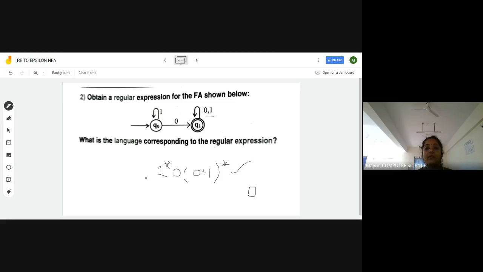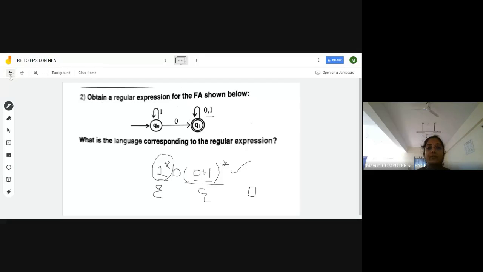Will it accept 0? Yes. Make this as empty, because 0 or more number of inputs, right? Make this as epsilon, 0 input. What could be the input 0? With 0 also I am reaching the final state, or else any number of ones, that is called 1 star, followed by a 0 which must be there. Any number of zeros or ones, that is 0 plus 1 star. This is the regular expression. After applying the complete Kleene's theorem, this should be my answer. Then it is correct. You can verify your answer on your own, right?